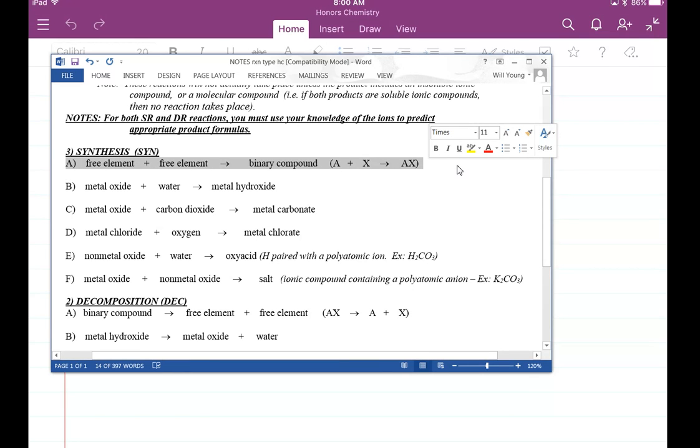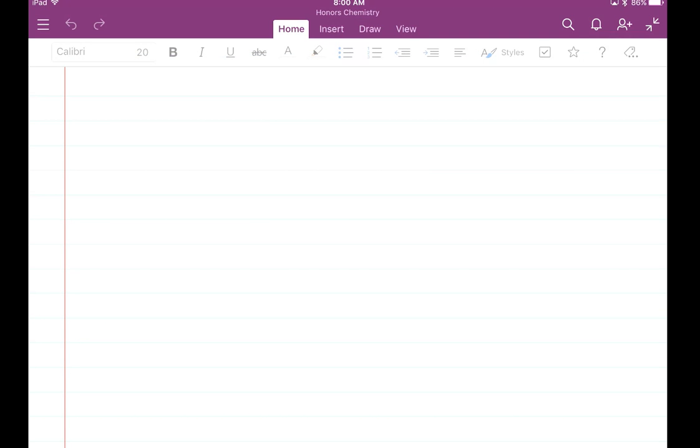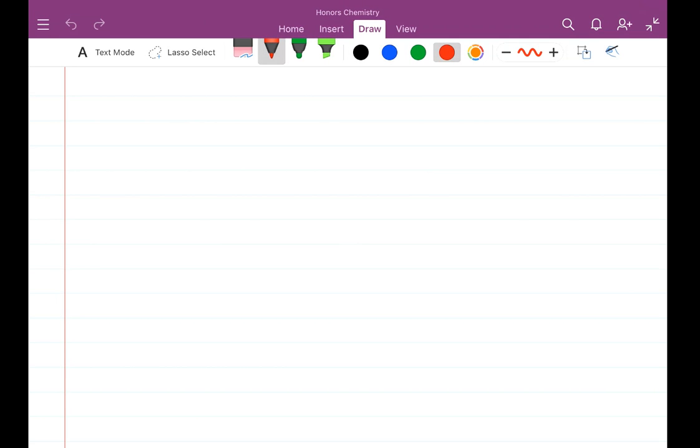This one's really easy because all you have to do is know how to write the binary compound with proper subscripts based on the charges. So let's take a look at an example of A. So free element plus free element gives us a binary compound. Would be like, for example, magnesium plus